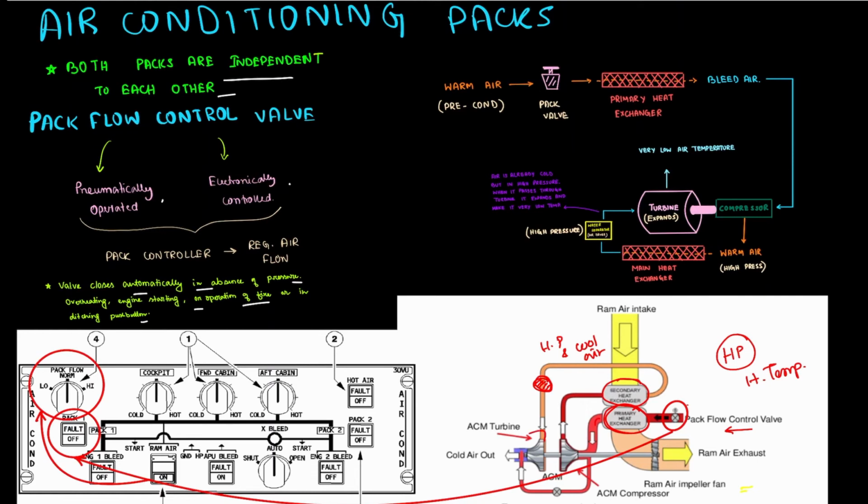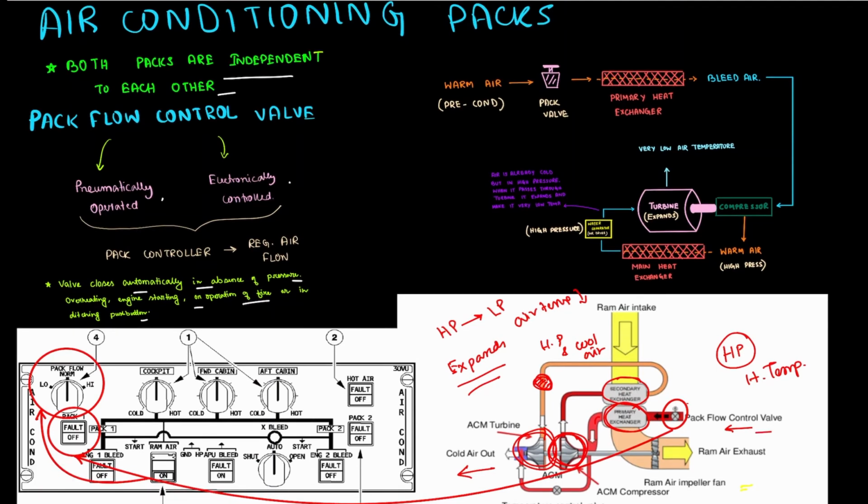Then the air flows to the turbine and runs the turbine. Once it comes to the turbine, the air expands. With the expansion, the high pressure drops to low pressure and the air temperature decreases. Now the cold air flows to the mixing unit, and in the turbine, where the expansion of the air is occurring, that energy is converted to mechanical energy, which in turn runs the compressor itself. So it's a self-sustaining process actually.